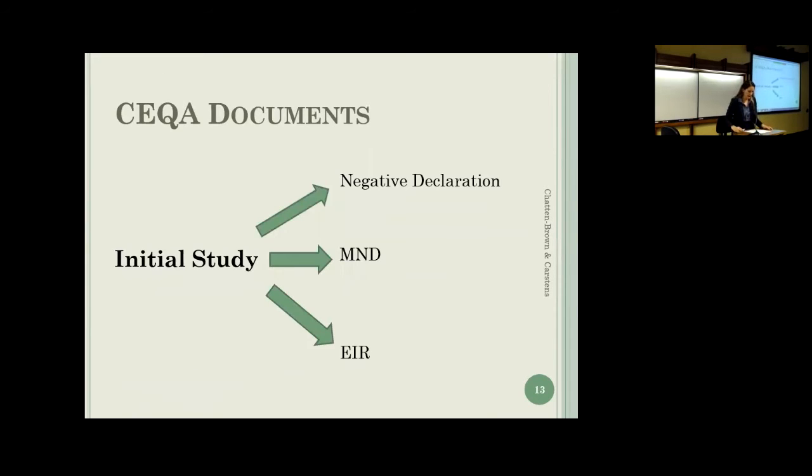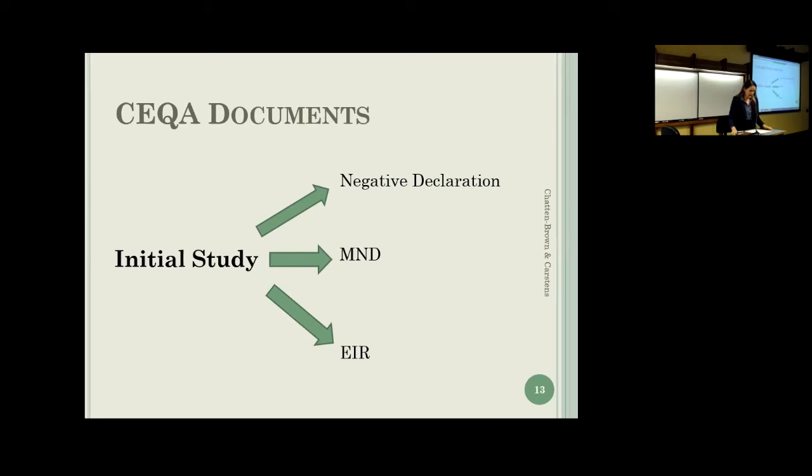And one point on this, which type of environmental review document you use depends on whether a project is going to have significant impacts. And in determining whether there will be significant impacts, the agency has to use what is called a threshold of significance. And they're allowed to set those thresholds of significance. Oftentimes they rely on established standards, like for air quality, particulate matter of 10 tons per year is a very specific standard. In some areas, whether something is going to have a significant impact and what the threshold should be is a little bit more of a gray area.